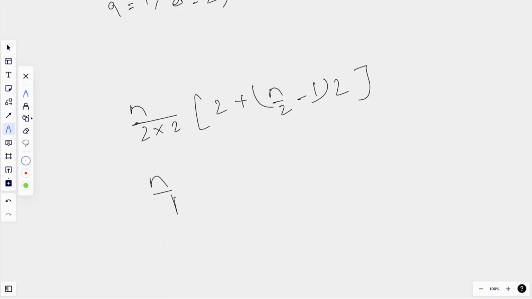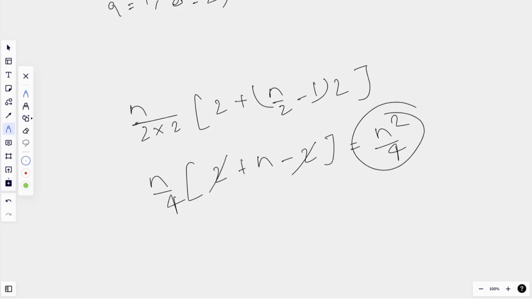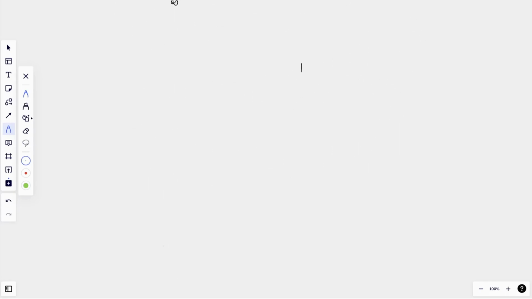So this will come out as n by 4 into 2 plus n minus 2. So 2 will cancel, and this will come out as n square by 4. So our current sum is n square by 4, and we want to make this sum n into n by 2.